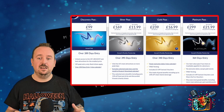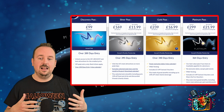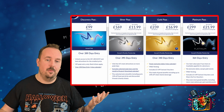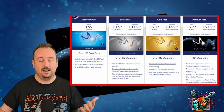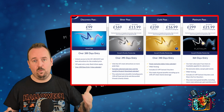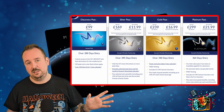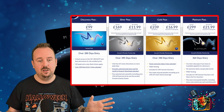You get free parking. You get £5 off the Fast Tracks, and you get benefits and more reservations per park. I think with the Platinum Pass, you can get up to 6 reservations at once. Now, the prices I've indicated to you, ranging from £99 up to £299, are per person